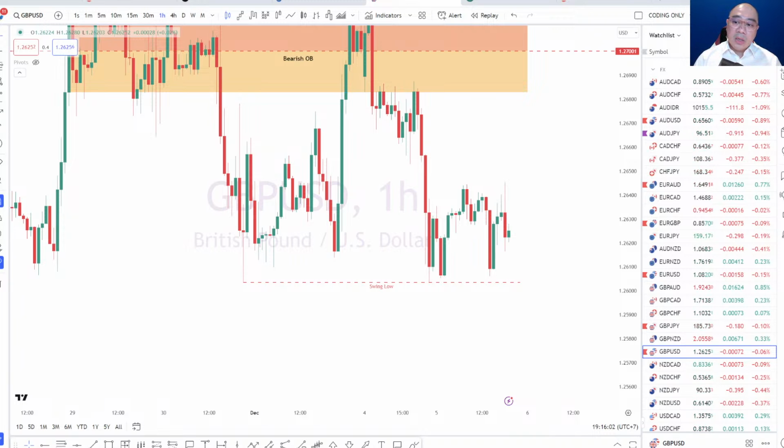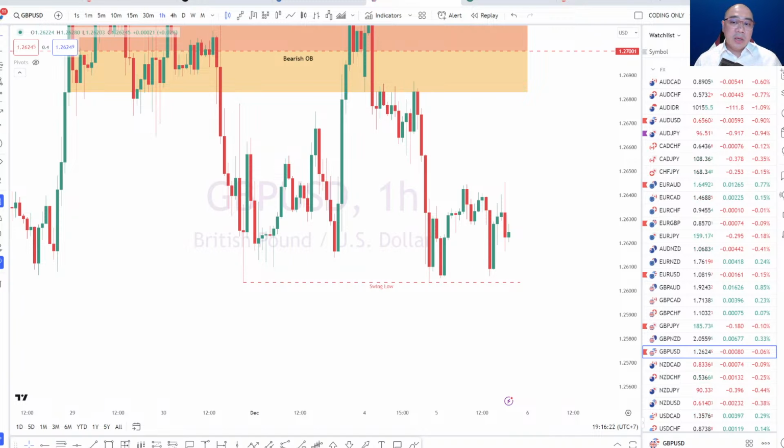An order block is identifying a potential order flow in the market. It's more on where the big funds or the big traders are accumulating their positions. Those are going to be our order blocks. Supply and demand can come in different forms, and order blocks are just part of a supply and demand.